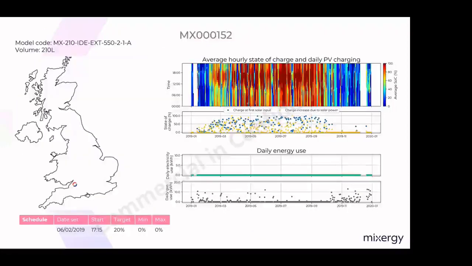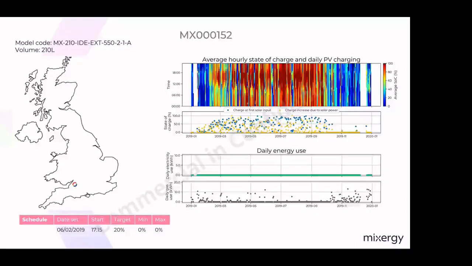What we can do is show you this a little bit more in a heat graph. At the very top, you can see the colours are warmer in summer months and it gets cooler in winter. But this tank, using machine learning, is biased to not create any hot water other than solar PV during the day until 5:15 in the evening, and then it will kick in and create 20% with the gas boiler if it hasn't been able to achieve that target during the day.